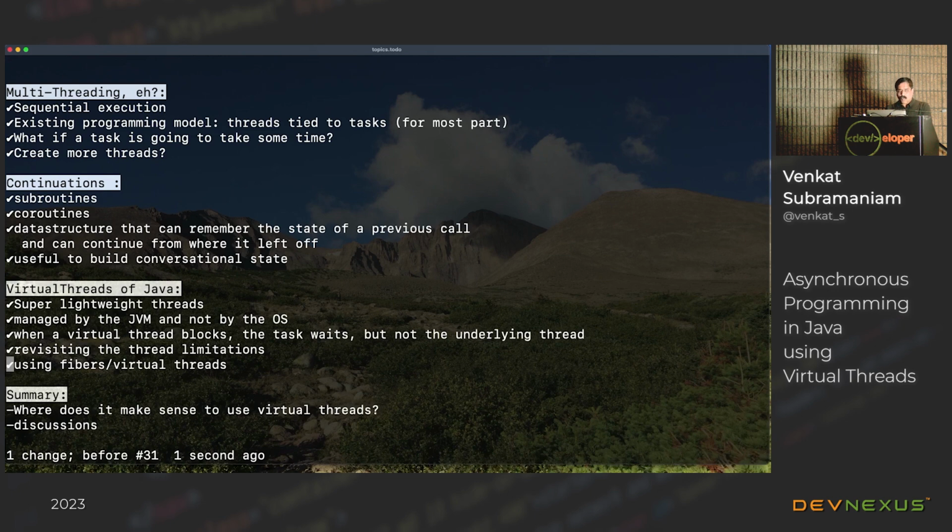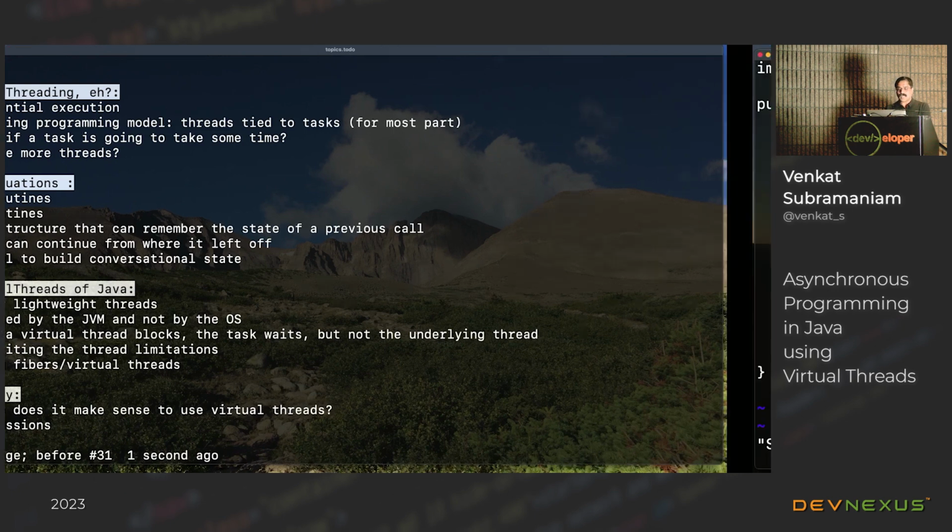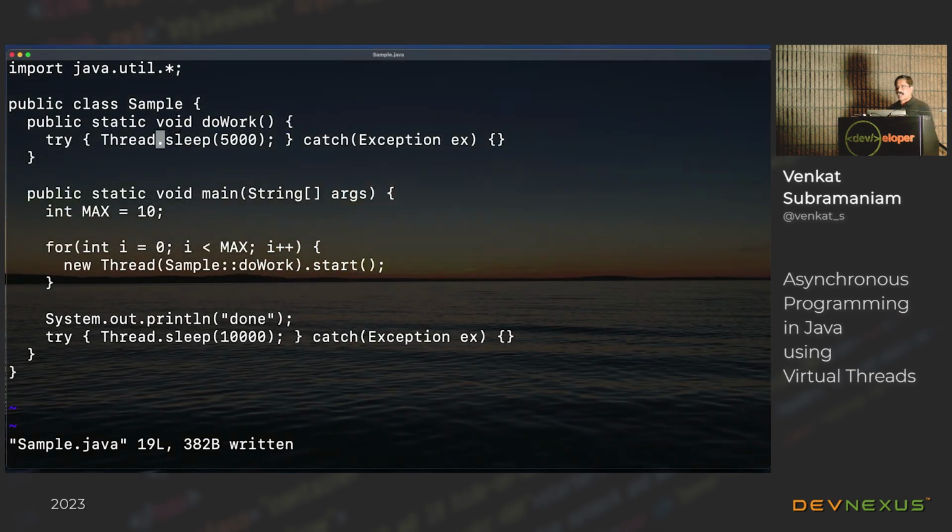So let's revisit the problem we saw a few minutes ago. What was the problem in this particular code that we saw? When the sleep was blocking, the thread was blocking, isn't it? So when the sleep is blocking, the thread is blocking, what is the consequence of that? We were able to create about 8,000 threads, and beyond that, we had trouble because all the threads are nicely taking a nap, and you are creating one more thread, and you're like, gosh, there's no more space. Everything is filled up with all these threads. I cannot create any more. I need more memory to create it. But then you ask the question, but what were those threads doing? Oh, the threads were really waiting on these tasks. What were the tasks doing?